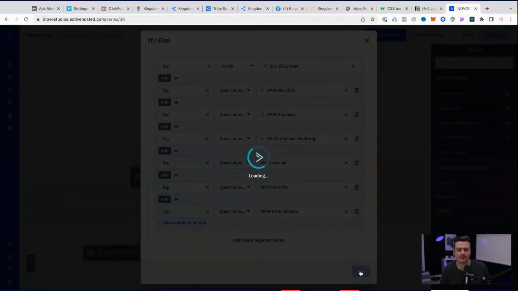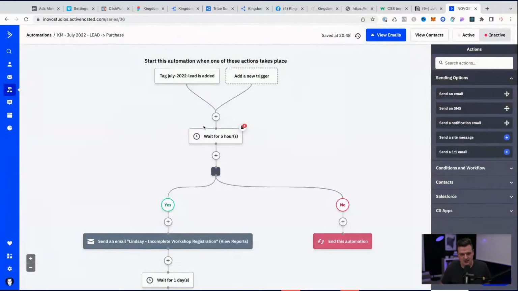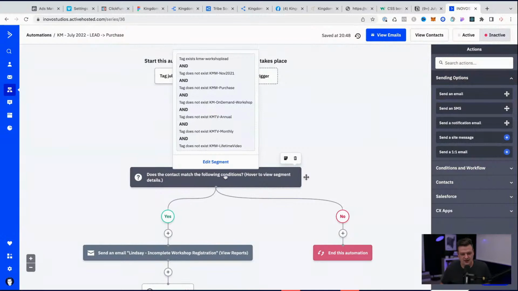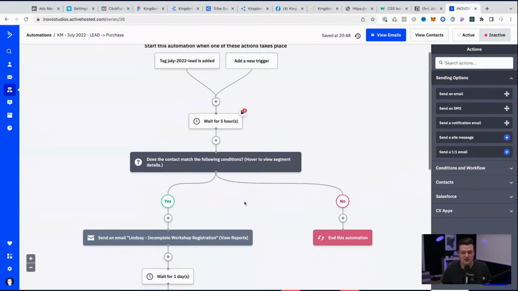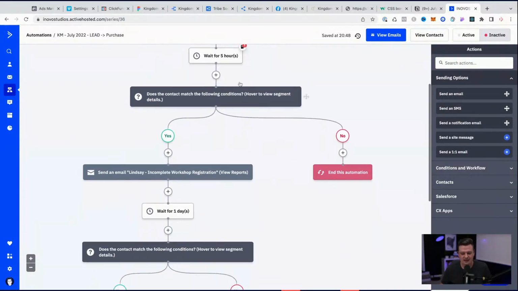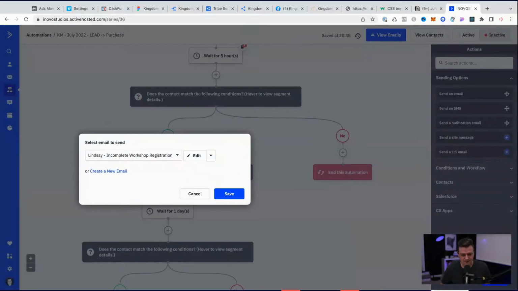save. So we're going to check all these different things, and we're going to say, does contact match the following? So they have the tag, but they don't have any of those other tags. If so, if they have one of those other ones, they just registered by accident, basically. They didn't need to register. So I just did all of that so that someone doesn't accidentally get a personal email from Lindsay that says,